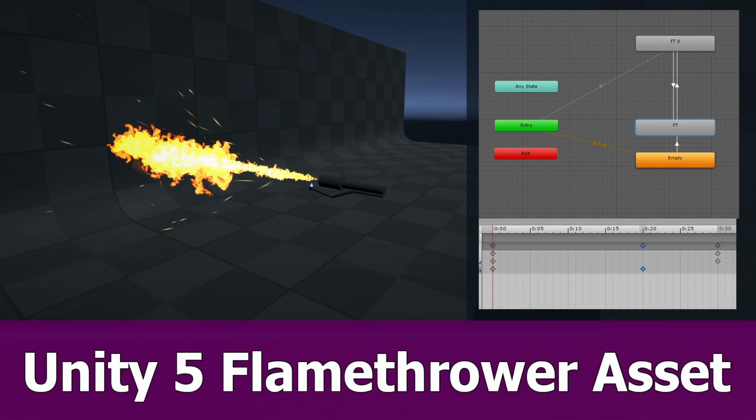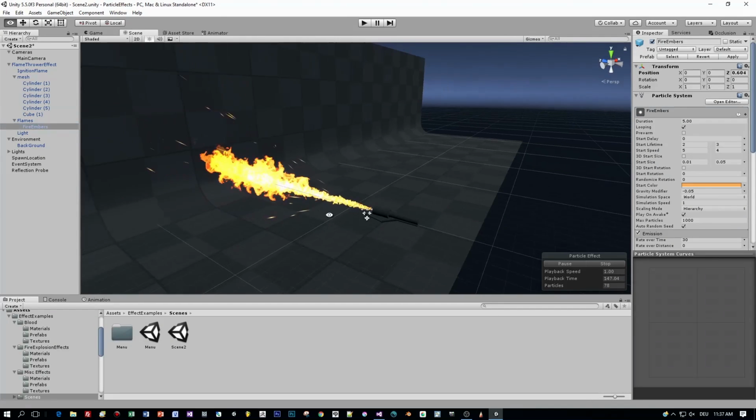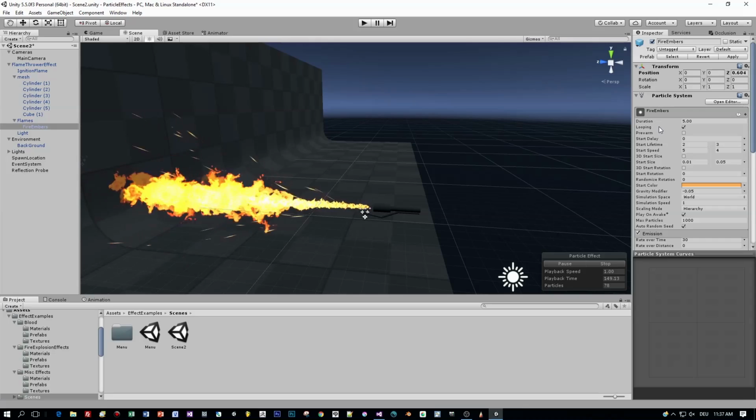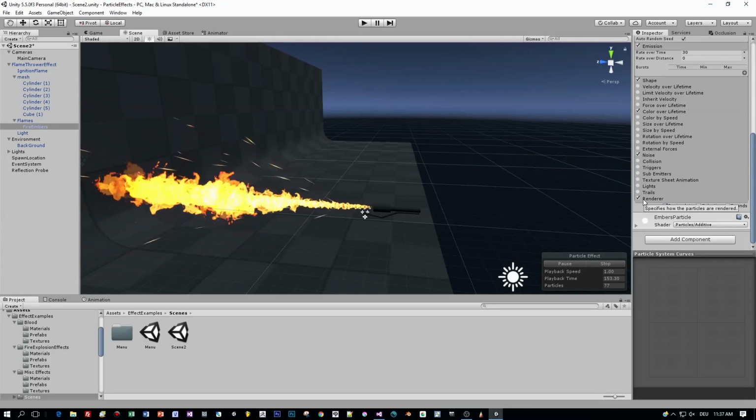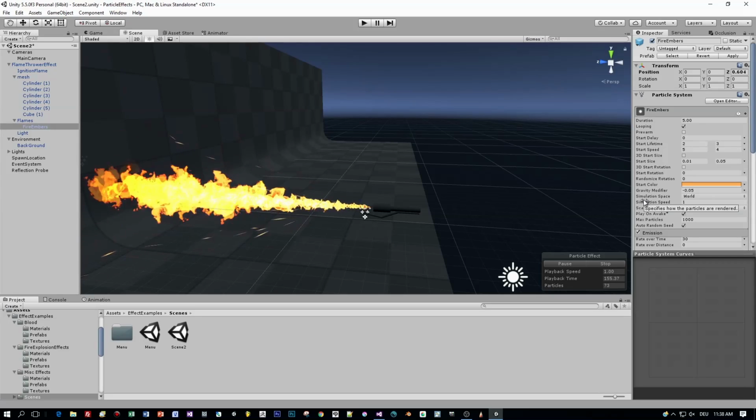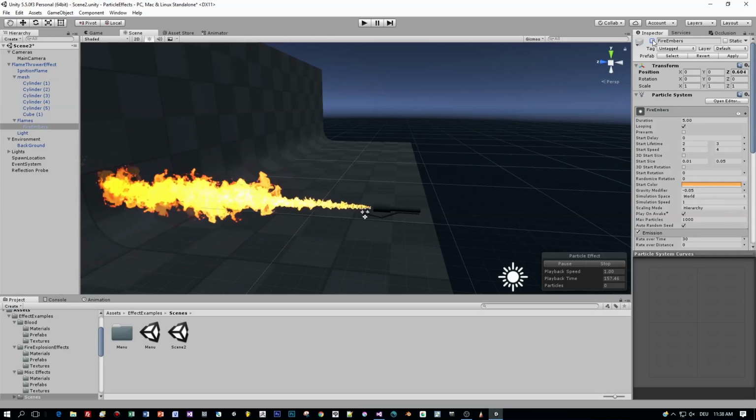I got a request on how to turn the flamethrower of the last tutorial into a weapon. Well, here's the tutorial. I will start with the last scene where we dragged the prefab into the editor and added a script to be able to drag this flamethrower around. And now let's have a look at the flame particles